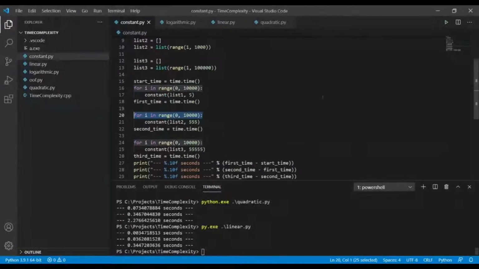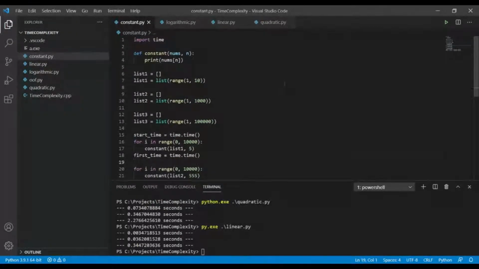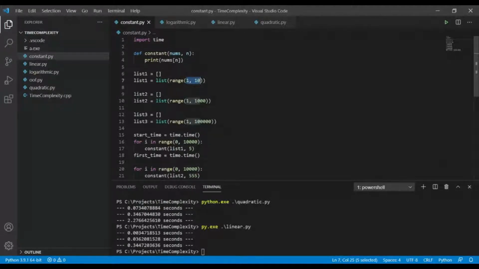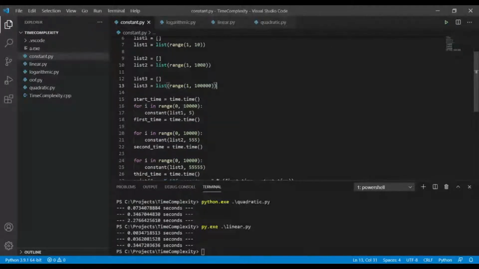Here we are. So here is some sample code that I wrote out for constant. As you'll see, I have 3 separate lists of different sizes. There's going to be one list of size 10, one of size 1,000, and one of size 100,000. And we're going to run this code 100,000 times for each of them. And it's going to keep track of the time it takes for all of them to run. So if I run down here,